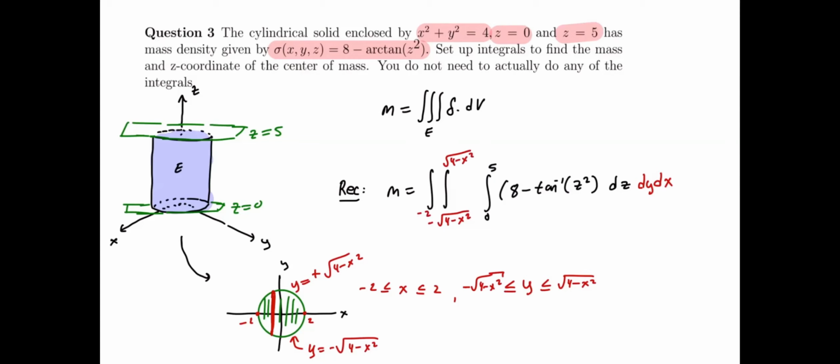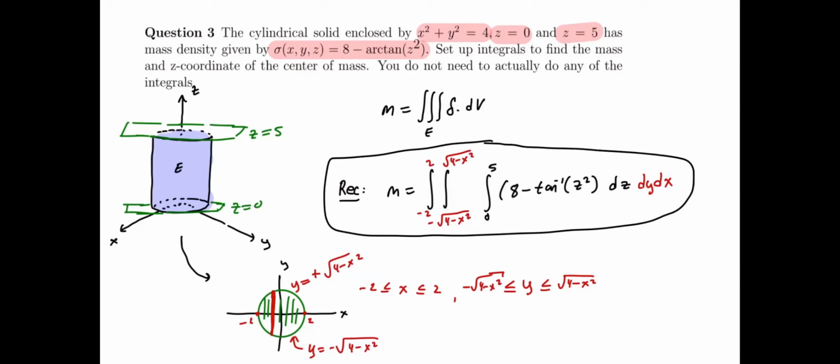And x is going to go from negative 2 to 2. So that's how you set up the mass. So this will be our setup in rectangular. Now, since we have a polar region, we could actually set up the outer 2 integrals as a